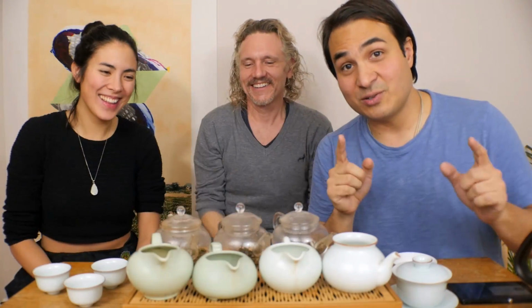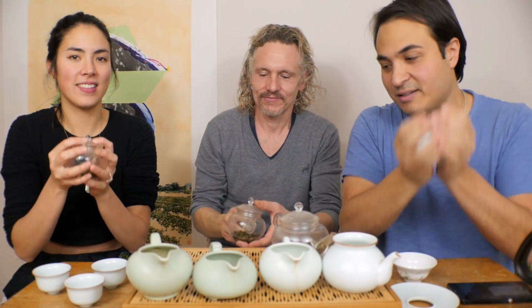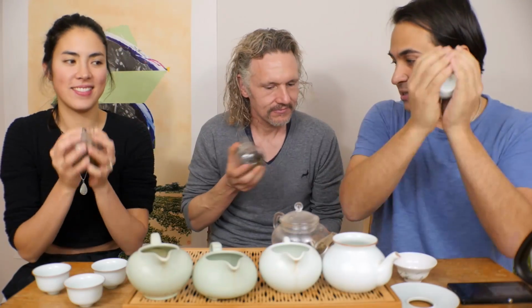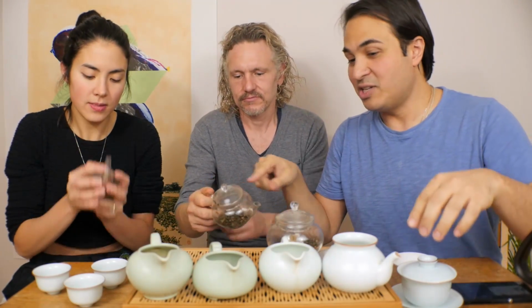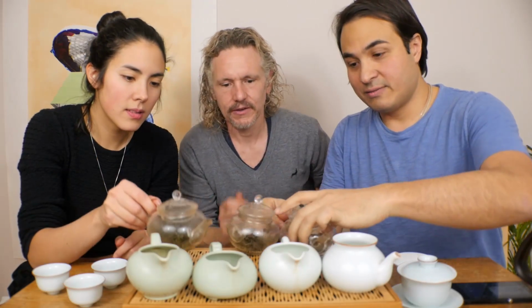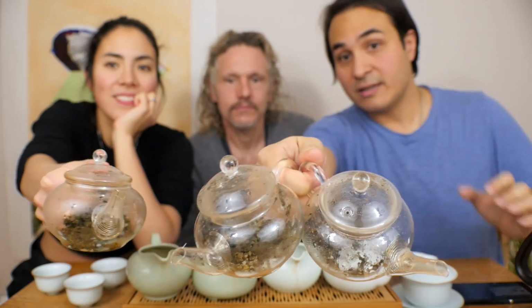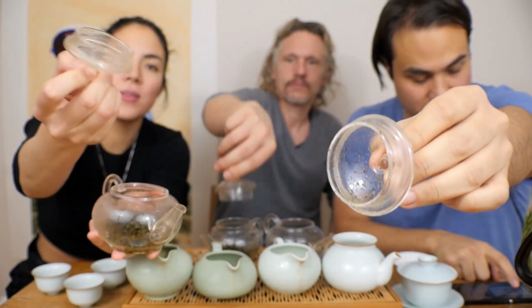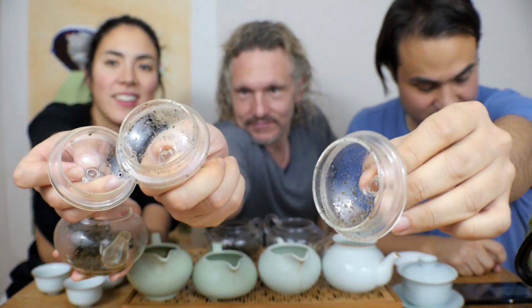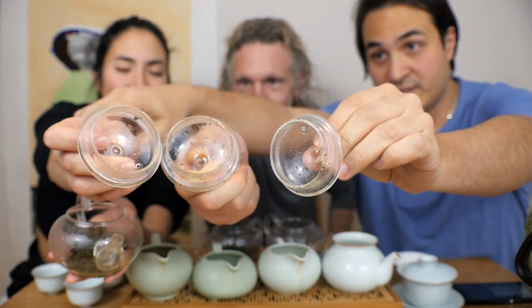One of the first things you can do when you're checking is just shake the pot. So take it, shake the pot a bit, so it goes up to the lid. And we do the same here. Then we look at how much dust has been collected. You can see immediately. Can you see here? We bring it close to the camera. So the lid's here. This is not great, but this one doesn't have much. Let's try and focus. You can see the lid's here, very dusty, whereas this one, high quality, hardly any